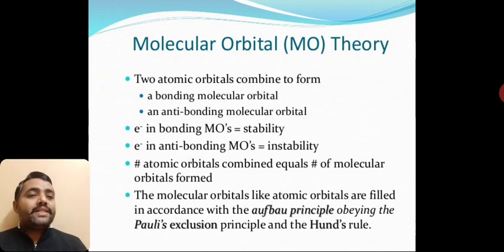As in the previous slide, you can discuss the three principles: the Aufbau principle, Pauli exclusion principle, and Hund's rule. But Hund's rule is very important because in a degenerate energy level, how will electrons fill up? This principle states that in a degenerate energy level, electrons should be filled first with parallel spin before being paired. This rule must be used in molecular orbital theory; if you do not use it, then surely molecular orbital theory is violated.